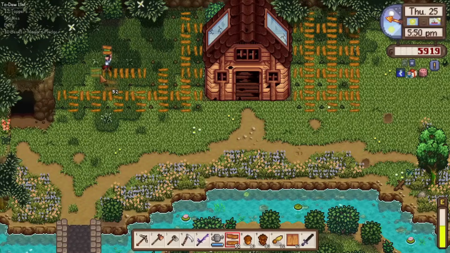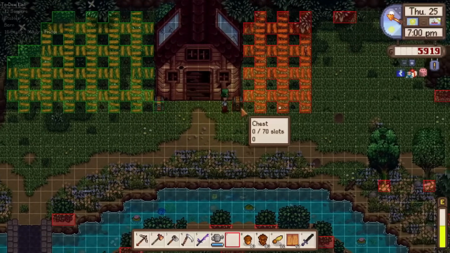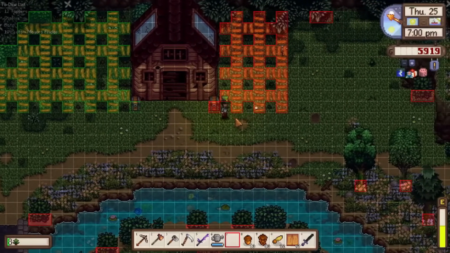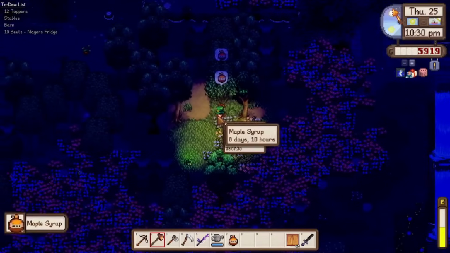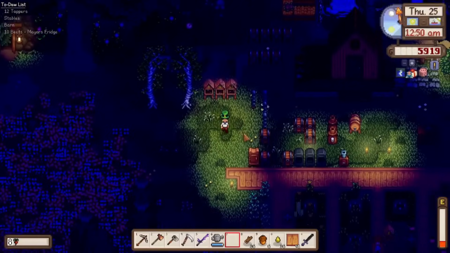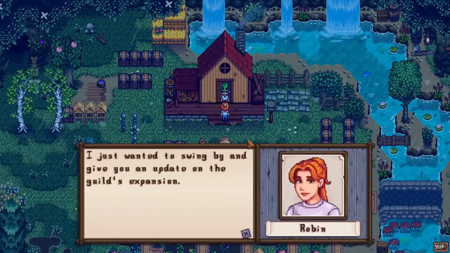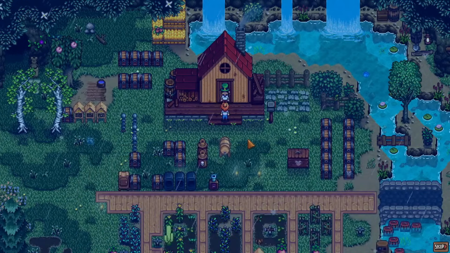We got the paths down around the tree farm and set up the chests ready for the future, although one of them doesn't appear to be activating with the Automate mod, so I do need to figure that out. And with a quick maple syrup harvest before bed, we got 3 more beehives ready for the flowers for next season. Sleep provided more knowledge in foraging and archaeology that night, and on the rainy morning of day 26, Robin